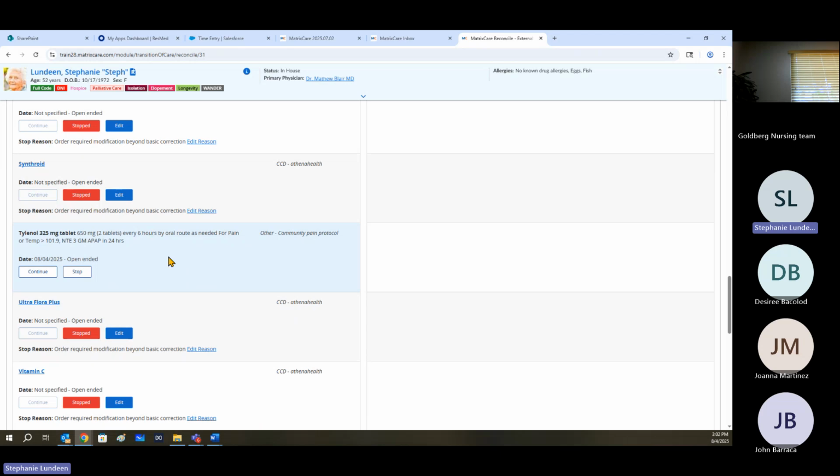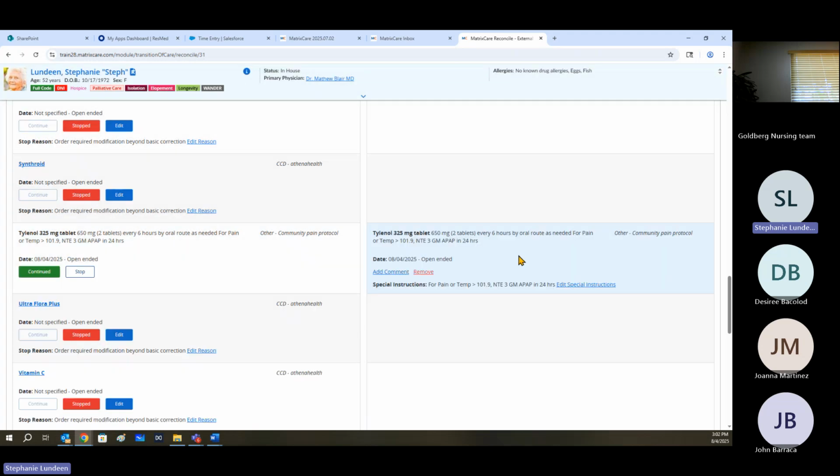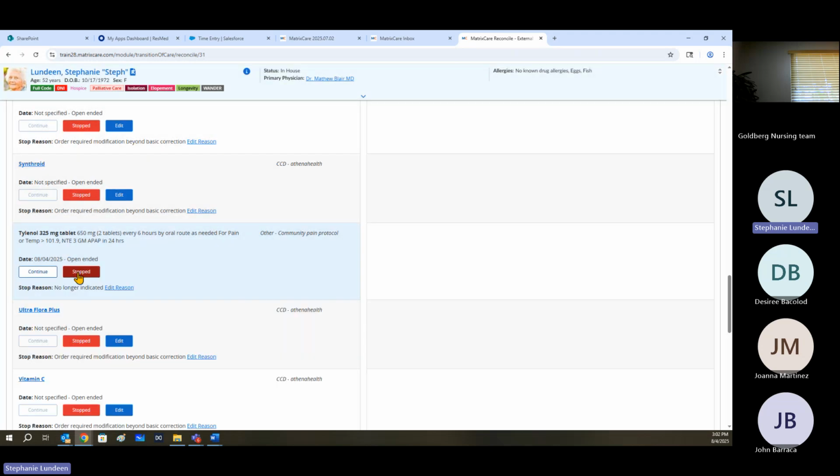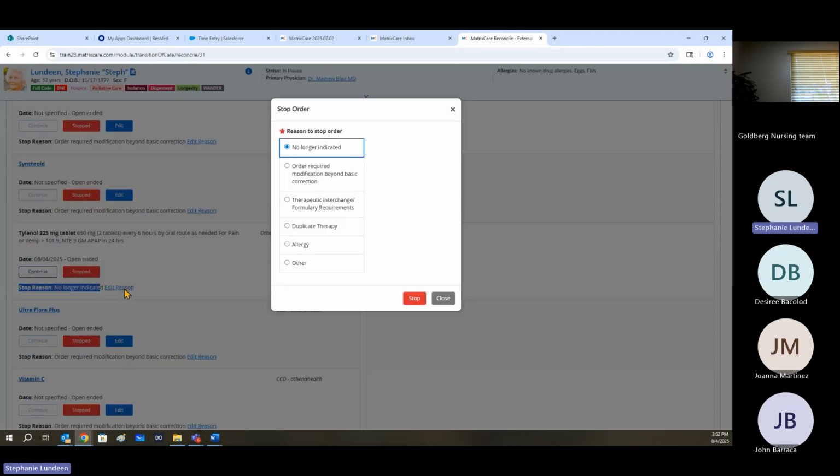So by putting it on this page, you're reflecting and acknowledging that you received that information to reconcile, but it doesn't mean you have to continue. I can continue, or I could say stopped. And for my reason for the stopped, it's going to default to no longer indicated, or I could come in and say any of these reasons here, and I can say MD, I could say from home med list,